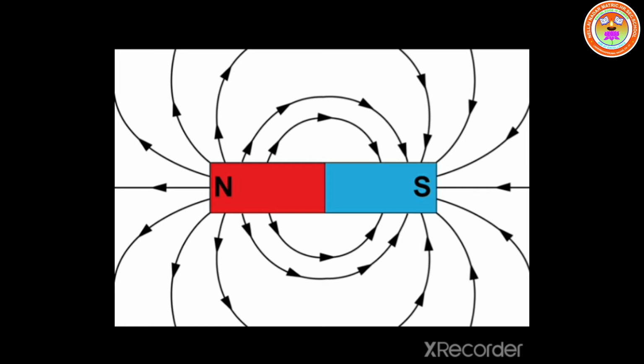Look at the diagram here. We can see the magnetic lines around the magnet. There is an arrow mark which starts from the North Pole, which means the magnetic lines start at the North Pole and end at the South Pole. The arrow mark indicates the direction of the magnetic field at points, N to S.